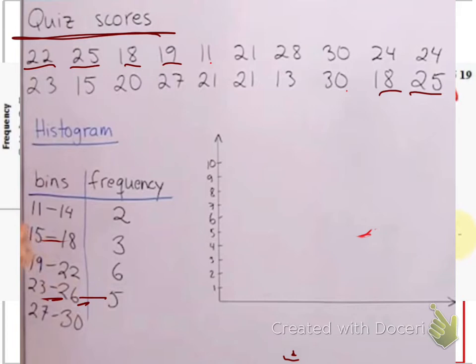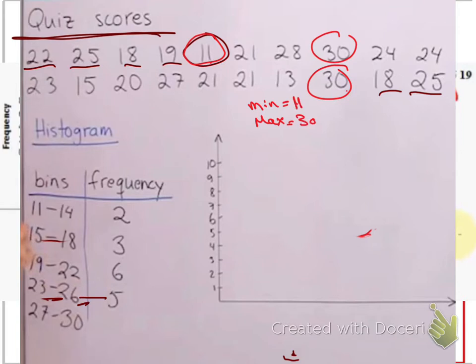As we mentioned, first of all, look at the minimum number which we have here. The minimum number is 11, okay? So 11 is the minimum number, and this 30 is the biggest number. So the minimum is 11, the maximum is 30, so the range will be 30 minus 11 equals 19. Okay, so my range is 19, and these are only 20 results, 20 readings, 20 measurements, so I prefer to